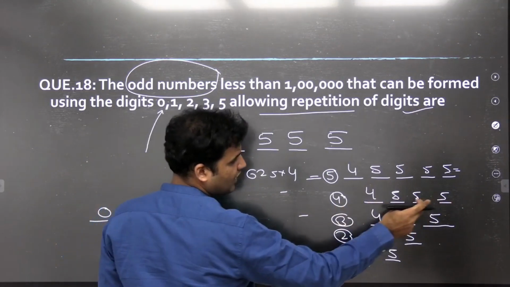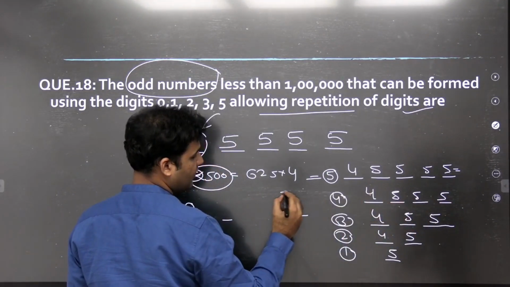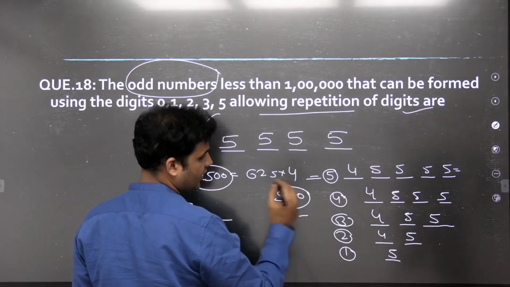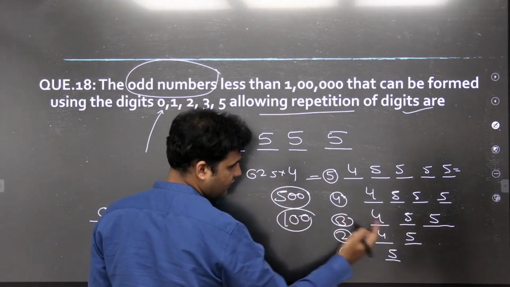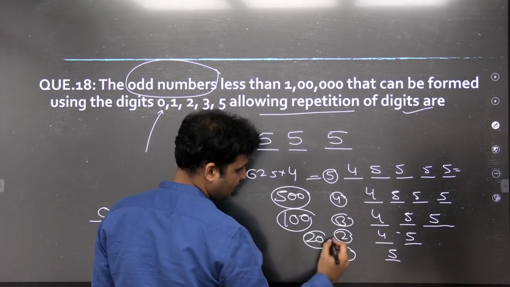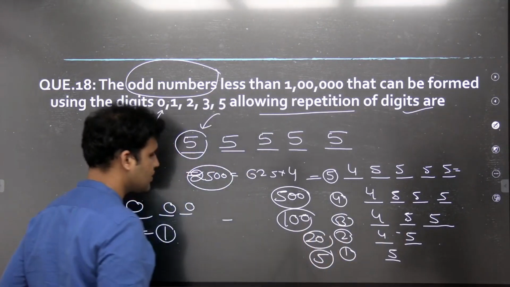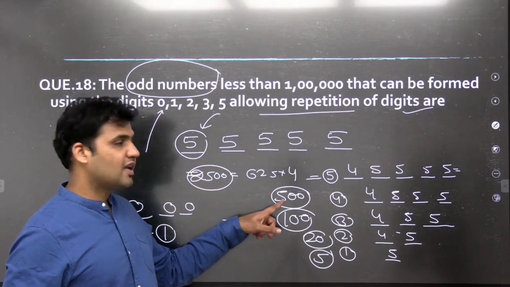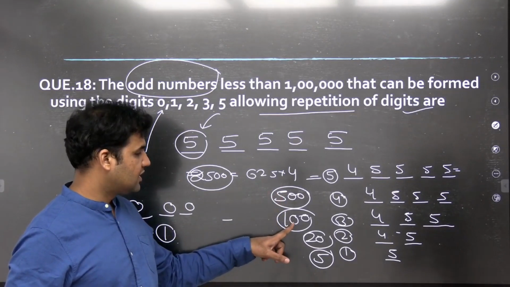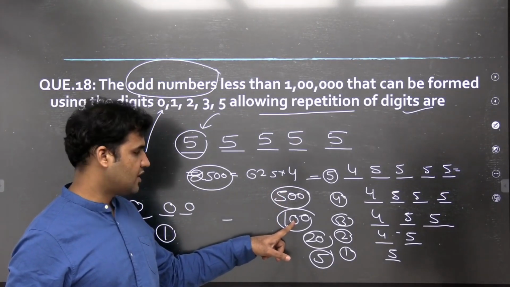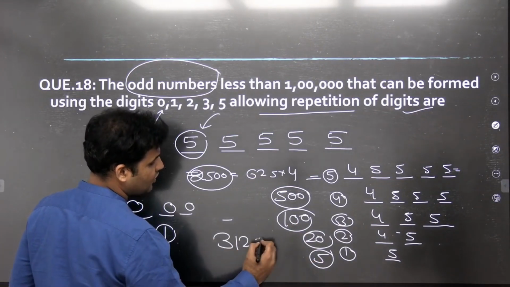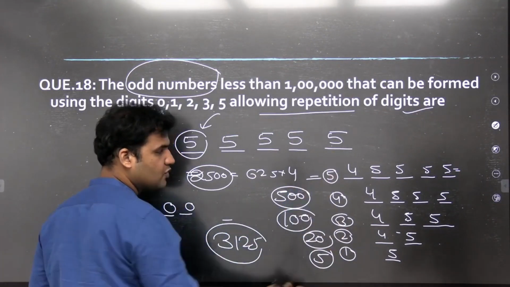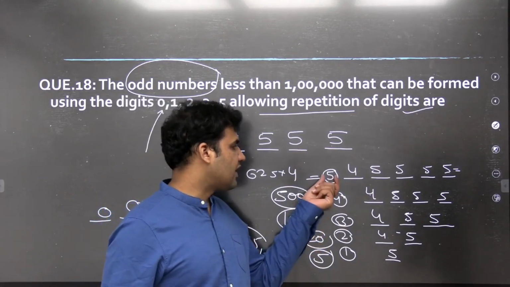And then 125 into 4 will be 500. Okay, 5 into 5, 25 into 4 is 100. 5 into 4 is 20 and 5. So how many numbers do we have? Check it. 2500 plus 500 is 3000. 3000 plus 100 is 3100, plus 20 plus 5, 3125. Right? So either you can go for the individual case where you are making a 5 digit, 4 digit,